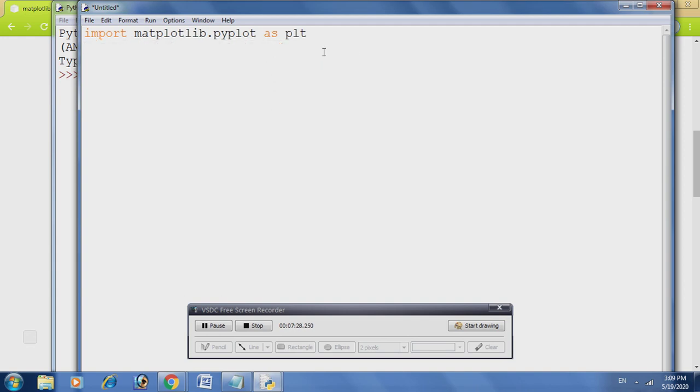Now next line means, as we discussed, there are so many functions to use. With the help of them we can create our complete chart or a graph, right? So the main function is the plot function. Okay, but before that, you know very well that if we want to create a graph, we need the values for x axis and y axis, right? So let's declare the variables x and y.